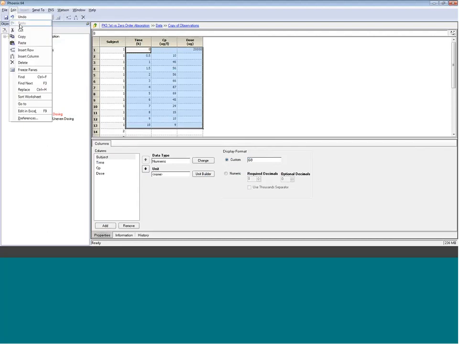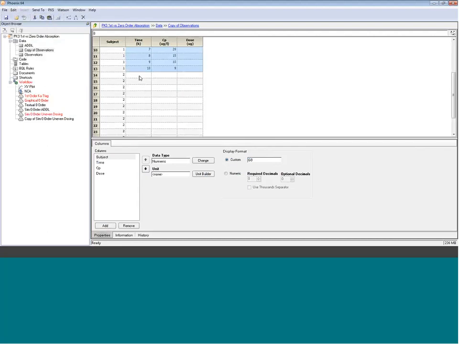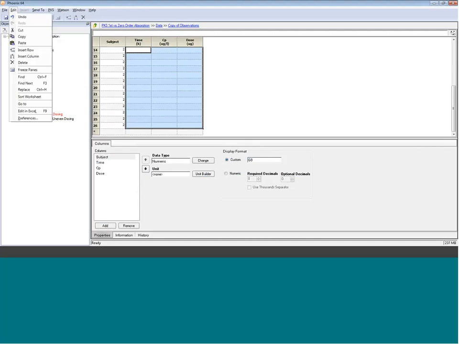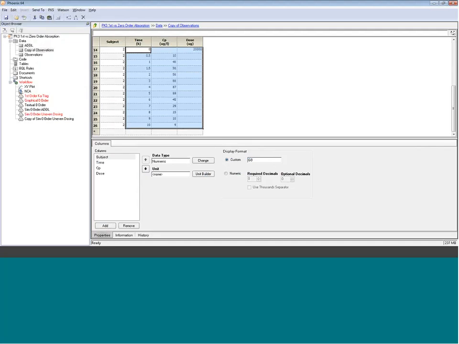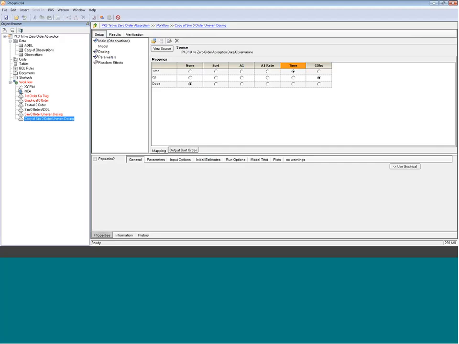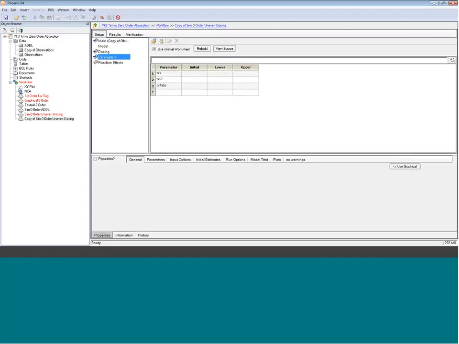And if we were to have a bigger spreadsheet here, okay, and then if I were to read this worksheet in, and then sort by subject, in this case, you could go to Setup Parameters,